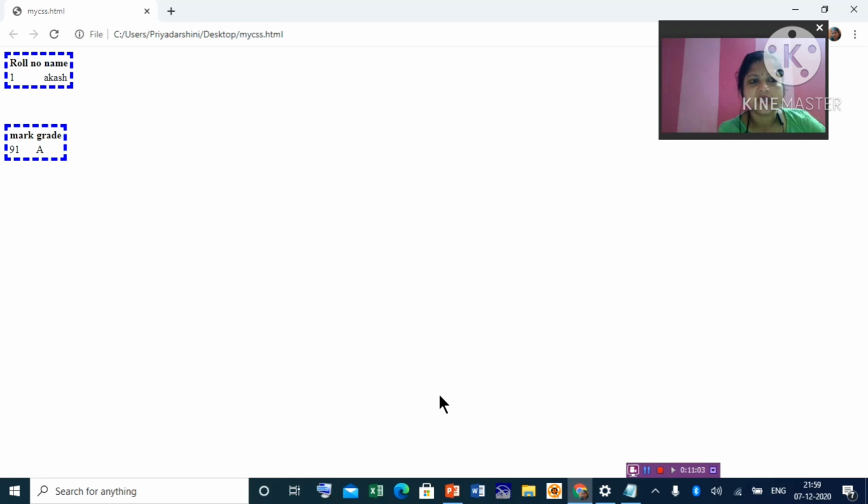So this way you can store your formatting properties inside the style tag, and that will be applicable to the element for which the property is stored in the style tag. We have stored it for a table. So whenever we are defining a table in the web page or writing code for the table, this will be applicable. Is it clear? So now we will go to the next properties.